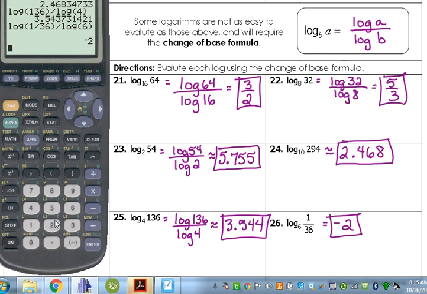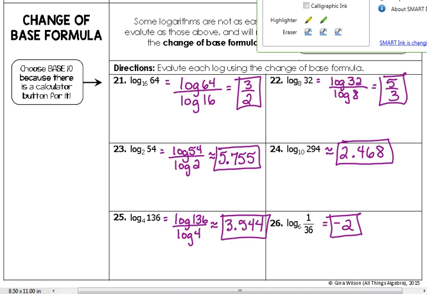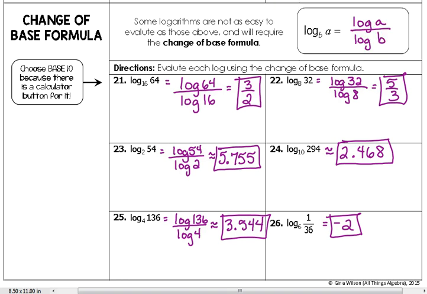But it's still on there to show you that even with ones that we know how to evaluate, if we had taken a second to look at that and said, oh, well, 6 raised to the negative second is 1 over 36, I can figure that out, I know that, change of base still works. So if you forget how to evaluate your logarithms, you can still use your change of base to figure those out, okay? So another simple concept